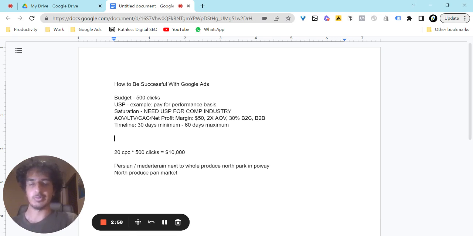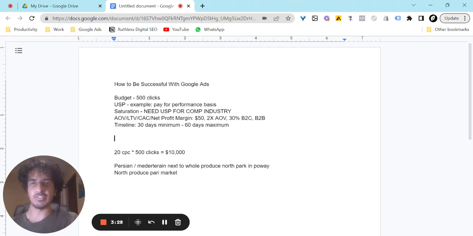So simply figure out how much you're paying cost per click on average for the services or products you're selling. If you cannot afford 500 clicks, then do not use Google Ads. Simply enough, that will save you a lot of time. That will save you a lot of money. Don't go in with the expectation that you can dollar and haggle your way into success. More often than not, it just leads to more strain on your business. If you are short on budgets, just focus on whatever is working right now and then go from there. If nothing's working, then I don't know how to help you, candidly.